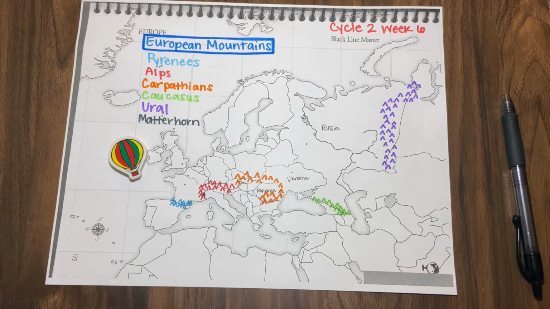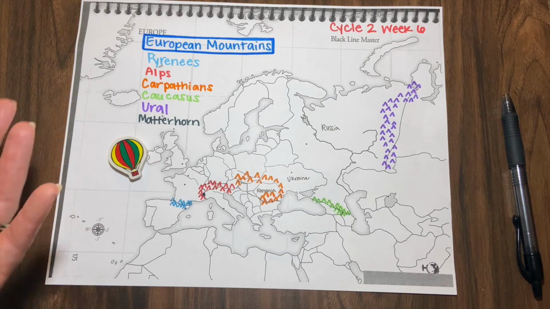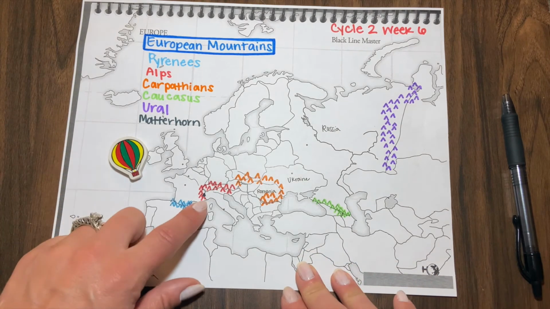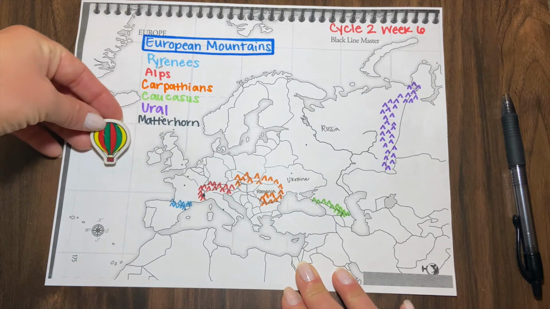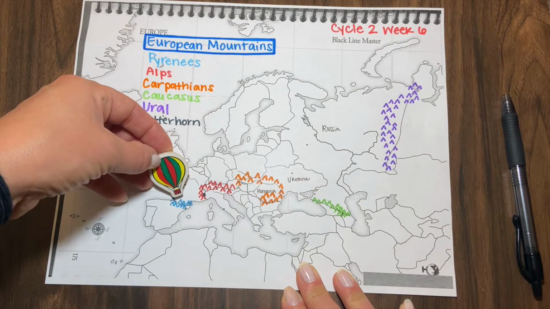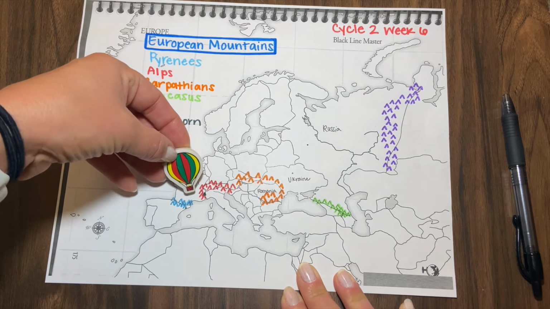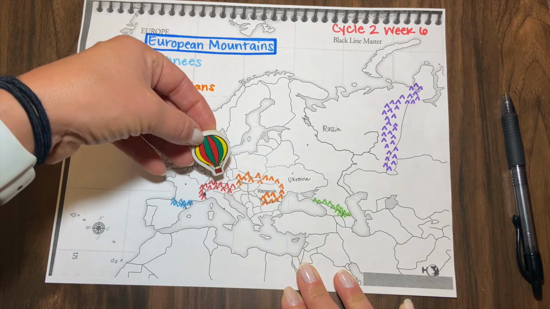And right at the base of the Matterhorn is the largest igloo in the entire world. So you can rent igloos out just like you would a hotel room and stay at the base of the Matterhorn. So we're going to get in our hot air balloon and we're going to float back over Spain, peer over the Pyrenees into France, float along, and let's go over the Alps, over the Matterhorn, and we're going to